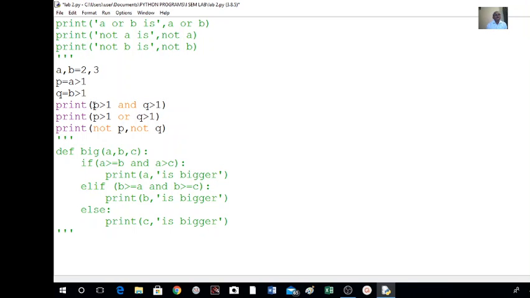Then print A greater than 1, sorry, A greater than 1 I have to write, right?